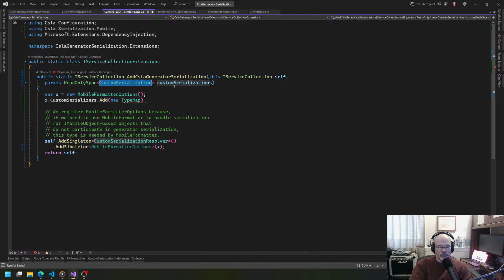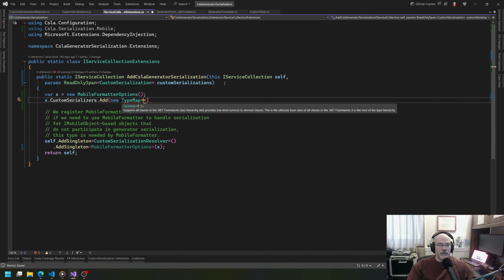How do I do this hook so that it's actually going to work the way I want it to? I don't want to say, well, what you really need to do is you're going to pass these in, and then for each one that's here, I'll automatically cast them, but I don't know what to cast them to. I'd actually then have to do some reflection to say, well, get your type parameter, get that type. And then when I create a new type map here, what I really want to do is